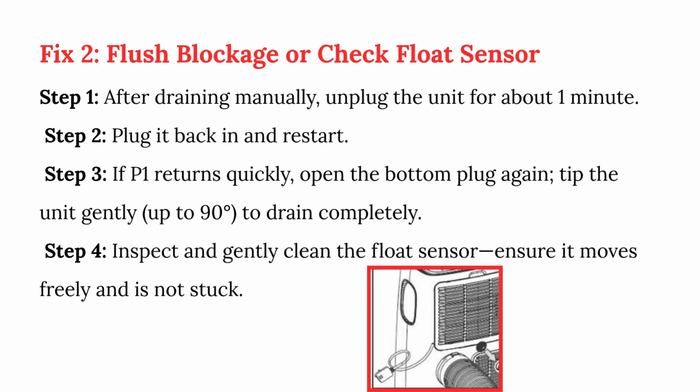Fix 2. Flush blockage or check float sensor. Step 1. After draining manually, unplug the unit for about 1 minute. Step 2. Plug it back in and restart. Step 3. If PON returns quickly, open the bottom plug again, tip the unit gently up to 90 degrees to